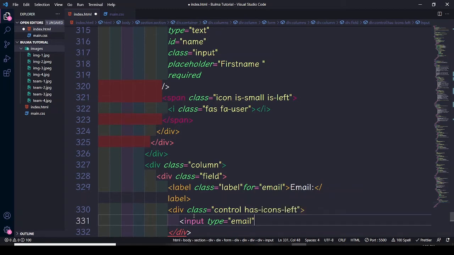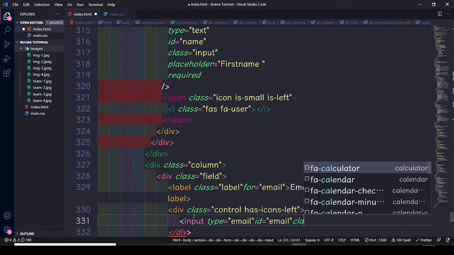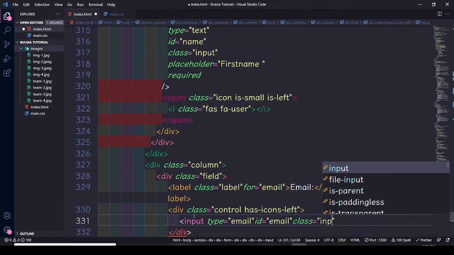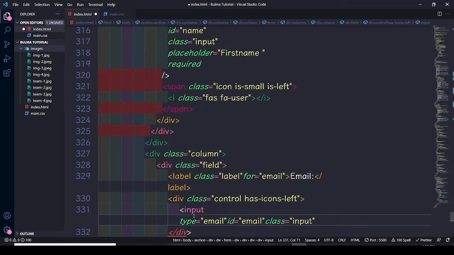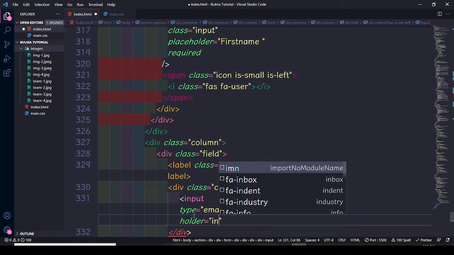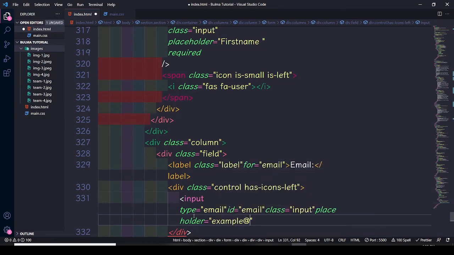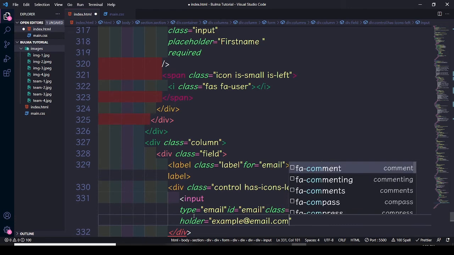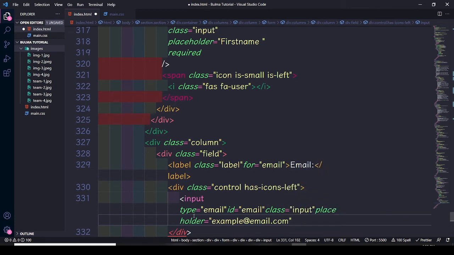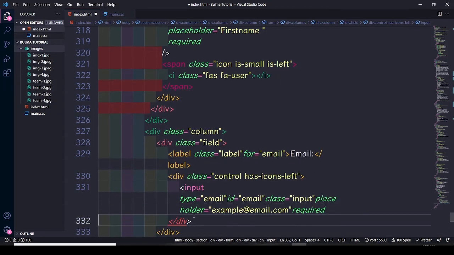Then after let's use an ID. ID is also gonna be email. Let's choose a class. The class is gonna be input, and we do need to add a placeholder. The placeholder is gonna be example@email.com, and let's make it required. Okay,